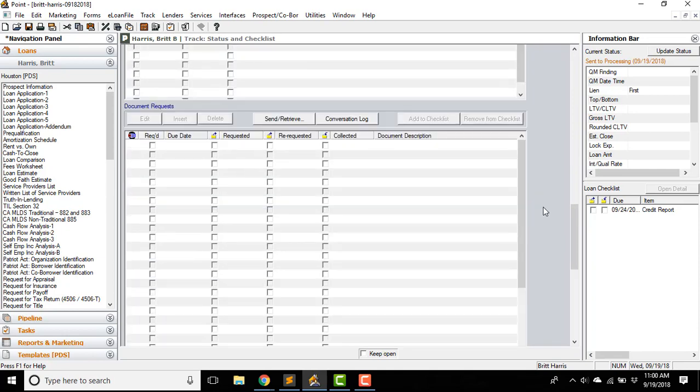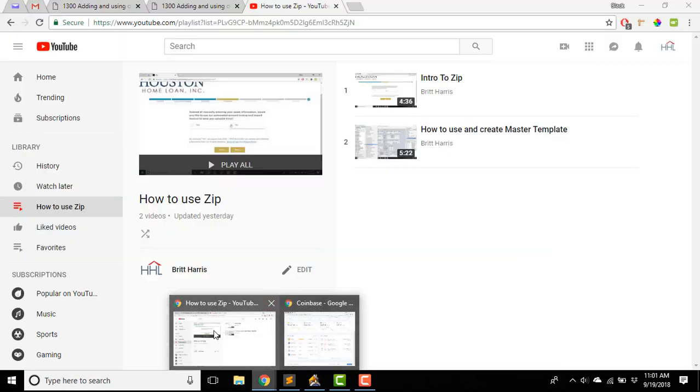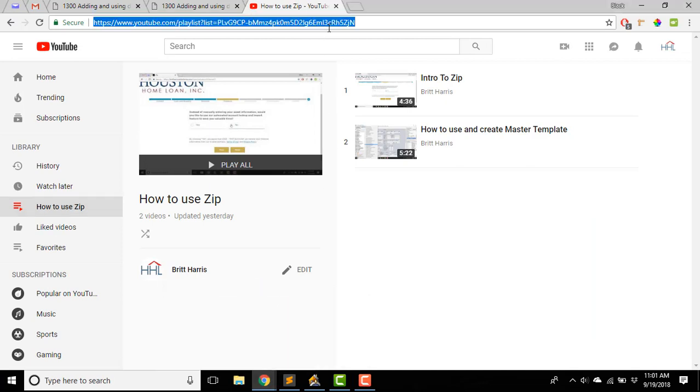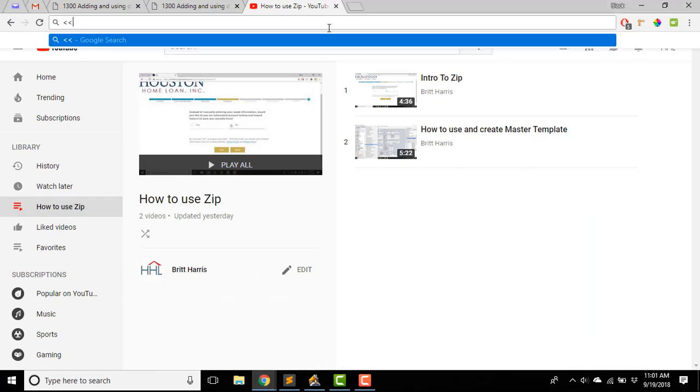So let's scroll down to document requests. This works very similar to third-party documents, except that we can add our own custom forms to this one, like the ones that we pretty much have been using already. The custom forms will take advantage of fields that we have used in the past. Like, for example, I think it's this, yes. It would be the type of fields that would say